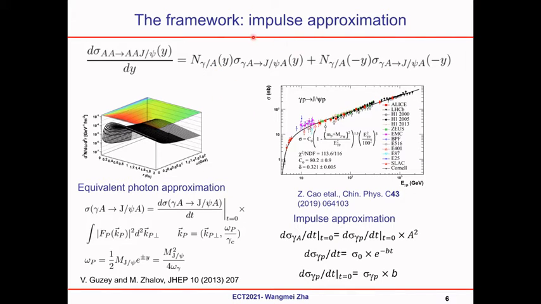So the framework is kind of the impulse approximation. For the cross section, for example, you have collisions. It can be described by this equation. So you have production from one direction, and also you have the production in another direction. This is the photon flux, and this is the gamma A cross section. The photon flux can be well described by the EPA approach. And for the cross section, it can be